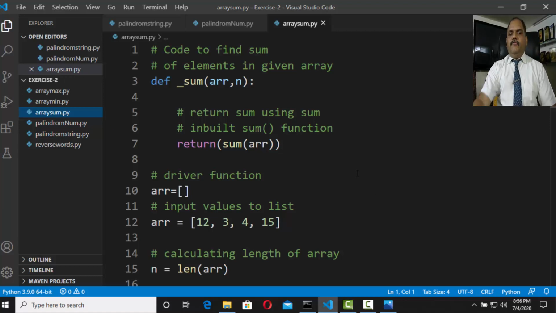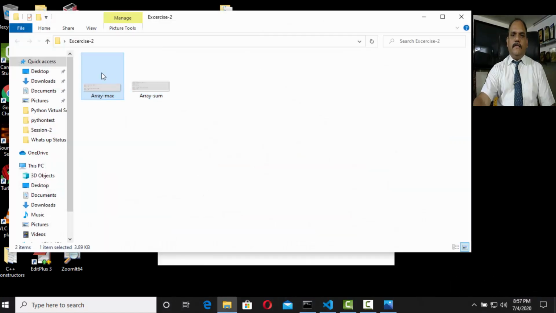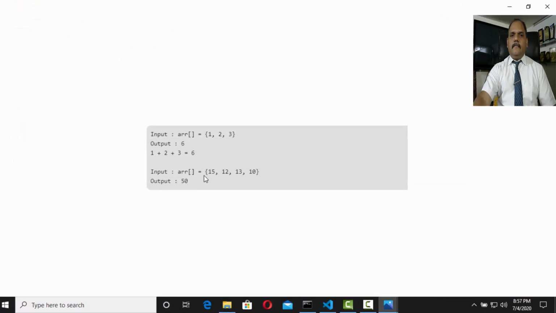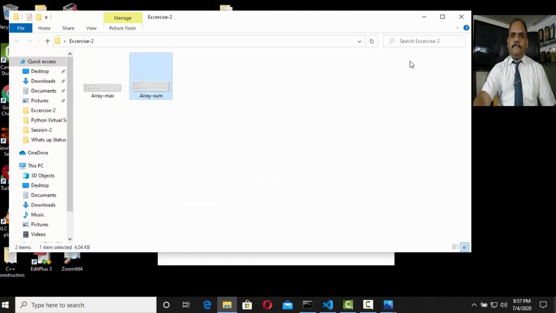Now let's see how to find out, if you have an array. We discussed that an array is a set of similar type of data having respective locations in memory. So if you want to find out the summation of all array entries, how can you do that? For example, if you have an array like this and you want to find the summation of all the elements available in the array, right? Here in this case 1 2 3, so the answer will be 6, and for 1 2 3 4 5, the answer will be 15. Let's go for the